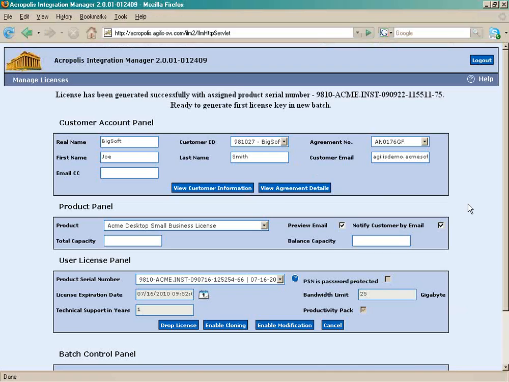So, what I did there is I set up a license. I, in fact, picked a previous license because I knew it was going to be a bit like that one. Made a change to it. What AIM did when I said go is it set up the license in the hosted license server, and it sent the email off to the customer. So I'm now done. That customer will receive their email. They can go ahead and enter that product serial number, activate their license, and these limits that I set up here are going to apply to that license. So that was the how to set up a node lock, an activation, product activation type license in AIM.